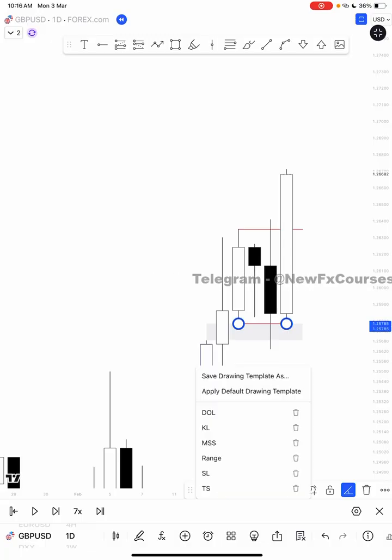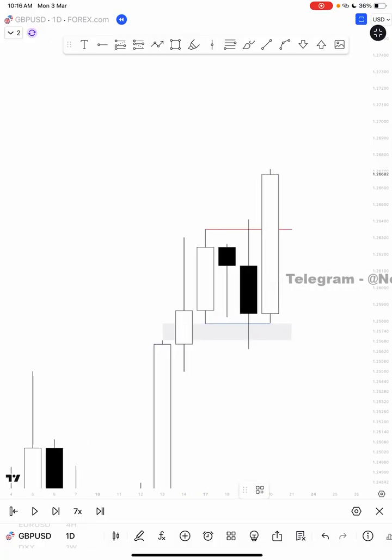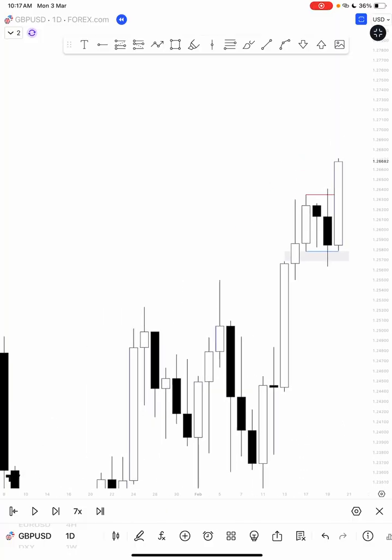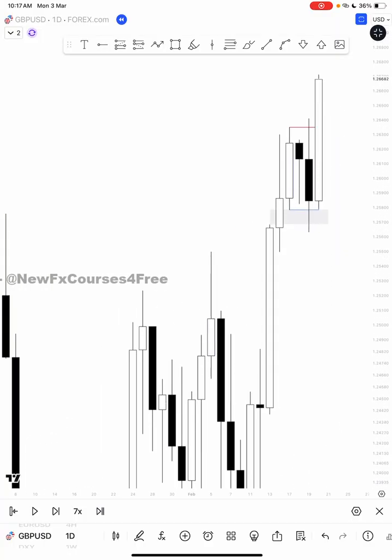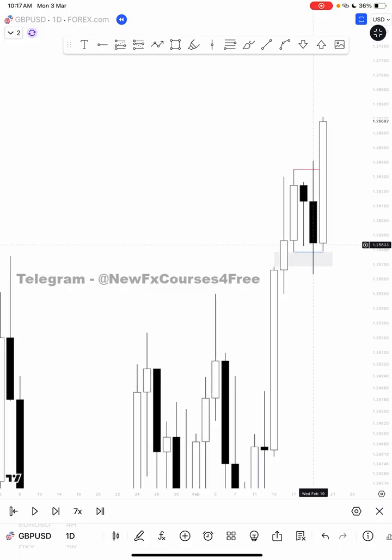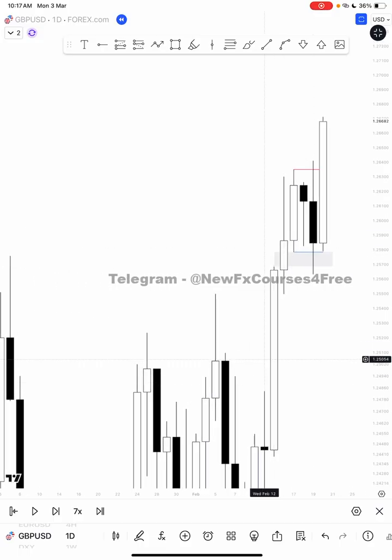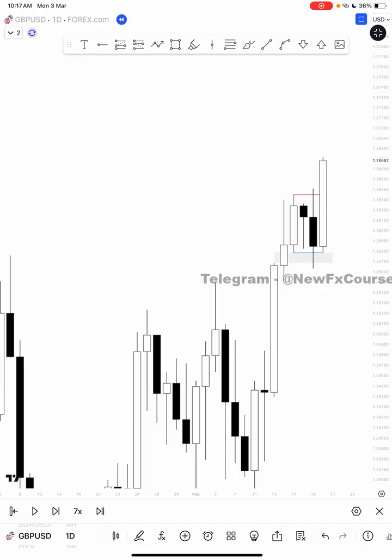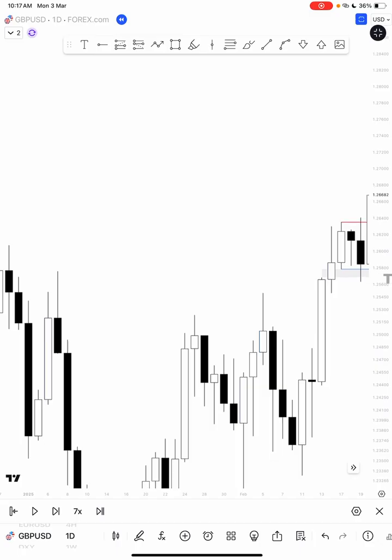This will be our draw on liquidity. So this is actually your total soup. This whole move, this fair value gap, I didn't actually choose this. Why didn't I actually choose this? Because this fair value gap, if you see here,